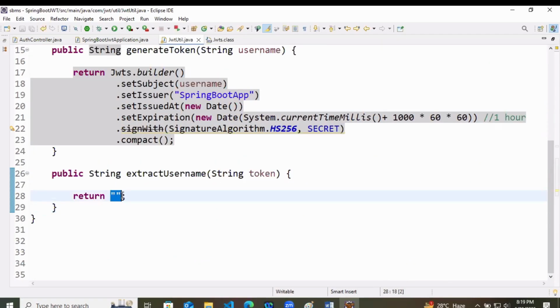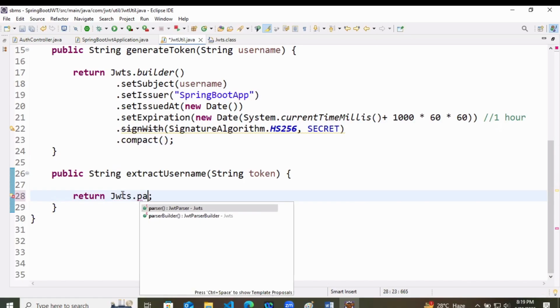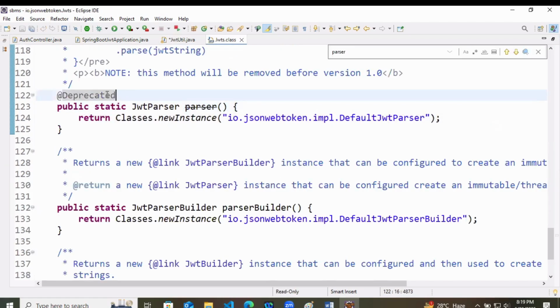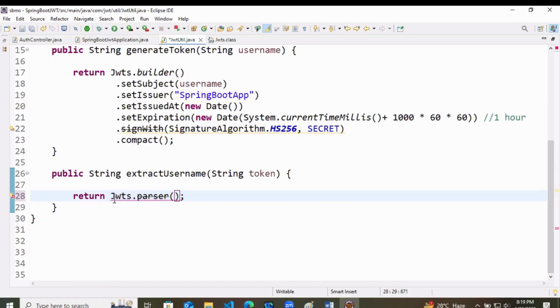So here we will return the same thing, JWTS. Now we have to parse it, dot parser. We are getting this strike-through line because it is marked as deprecated, meaning they are telling you something else. As of now, this is the newer method, but we don't use it. We use parser only. So here JWTS dot parser.